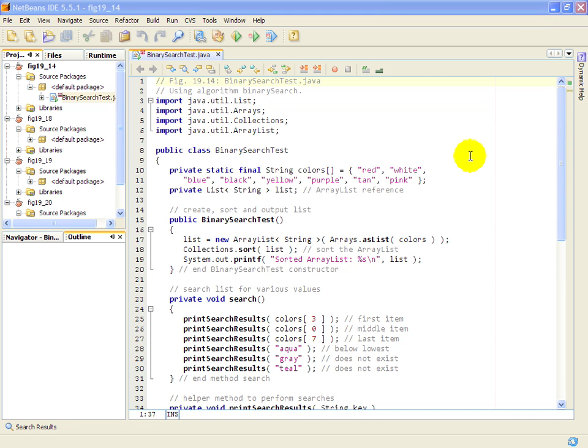Figure 19.14 BinarySearchTest.java. In this example, we're going to demonstrate the binary search method of class Collections. We start with our BinarySearchTest class here, and we've created at lines 10 and 11 a static final string array called colors once again, and you can see that initially at least all of these strings are not in sorted order. We also have a list variable of type String called list that we'll be initializing in our